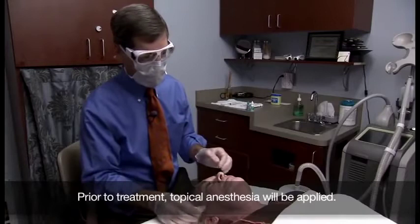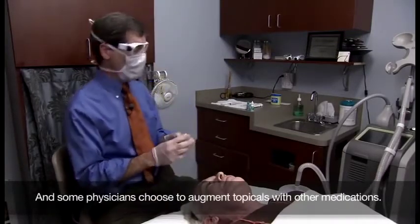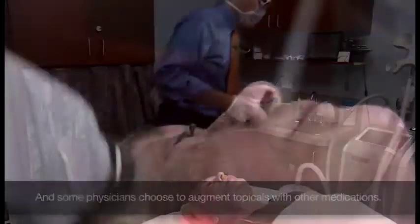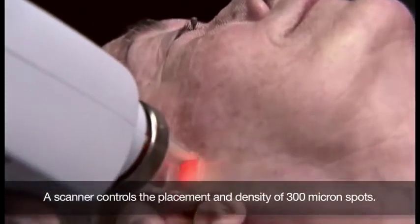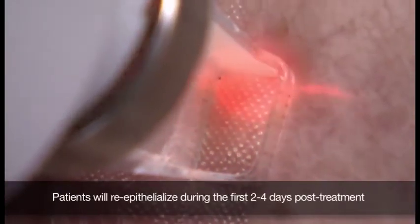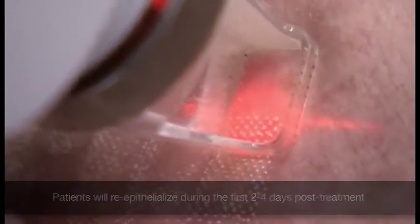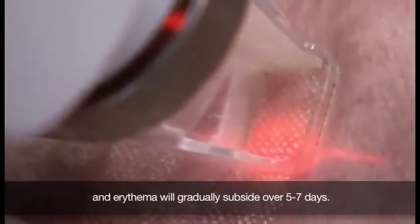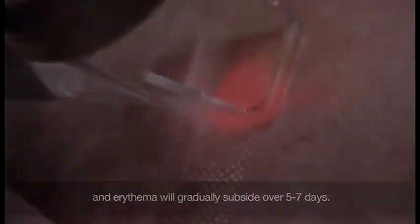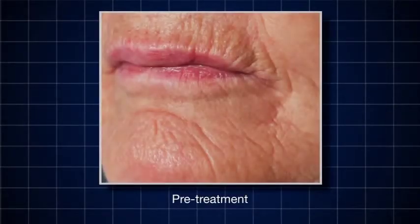Prior to treatment, topical anesthesia will be applied, and some physicians choose to augment topicals with other medications. A scanner controls the placement and density of 300-micron spots. Patients will reepithelialize during the first 2 to 4 days post-treatment, and erythema will gradually subside over 5 to 7 days. Following a single treatment,